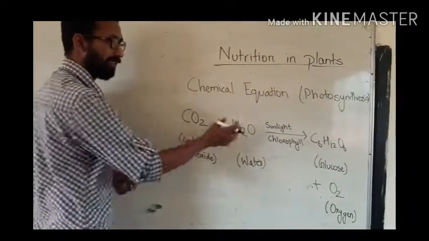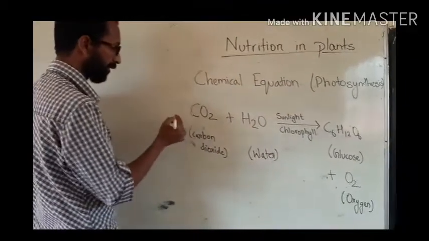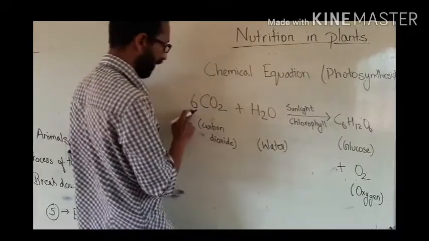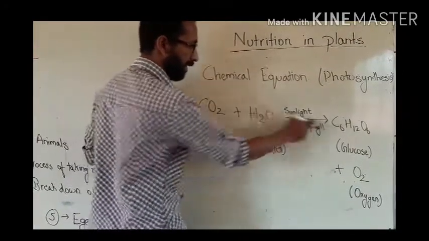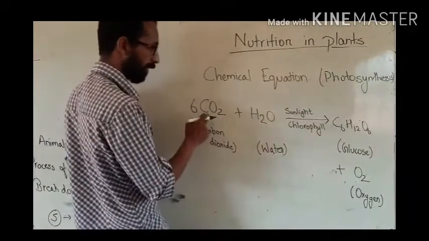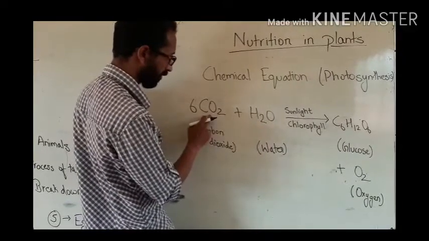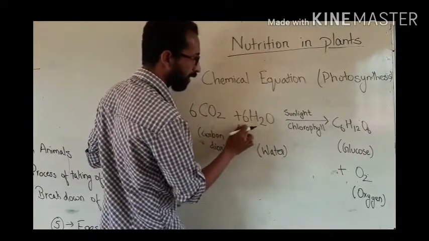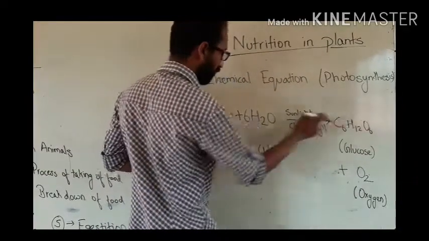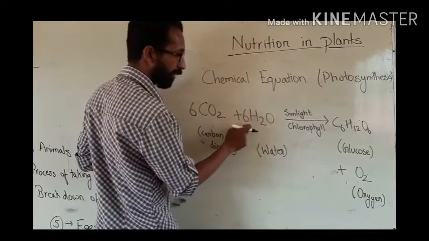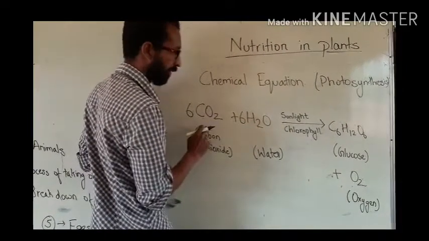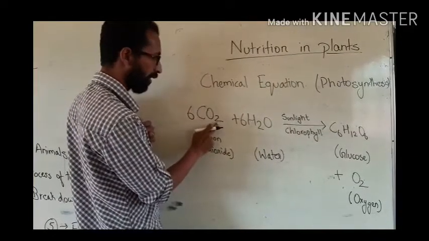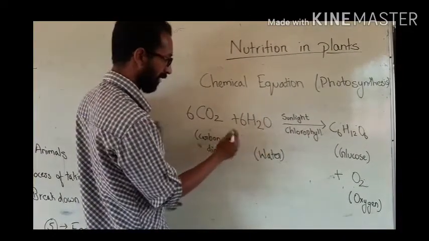Now we have to balance this equation. To balance this equation, first I will put 6 here. Now the carbon atoms on both the sides are balanced, 6 here and 6 here also. Now I look at the hydrogen. If I put 6 here, then hydrogen becomes 12, and here also the hydrogen becomes 12. 6 into 2, 12. Now looking at the oxygen, there are 6 into 2, 12 plus 6, that is 18